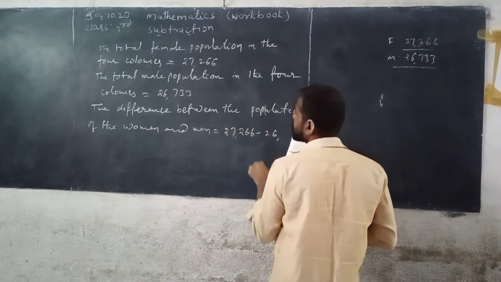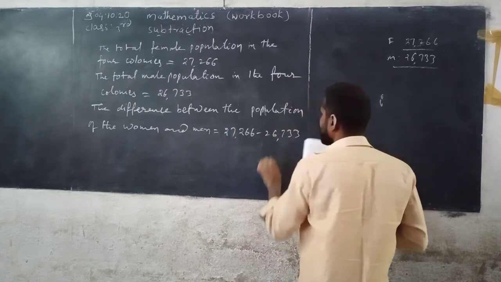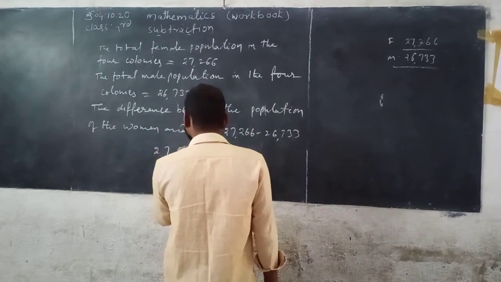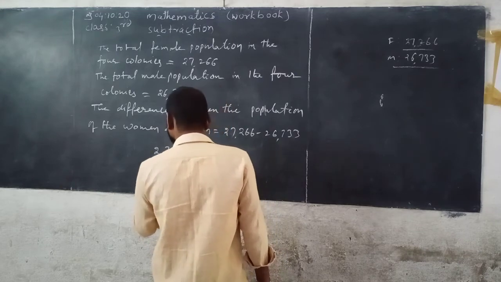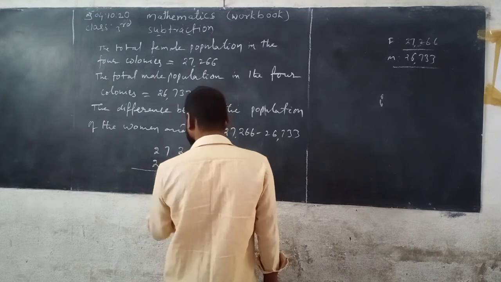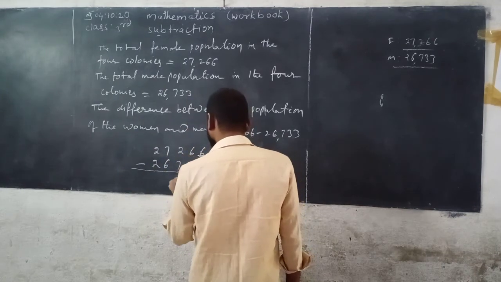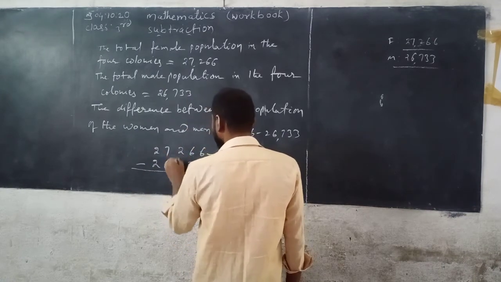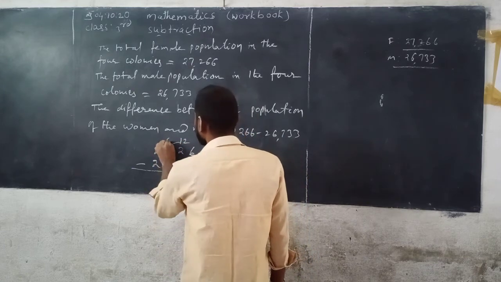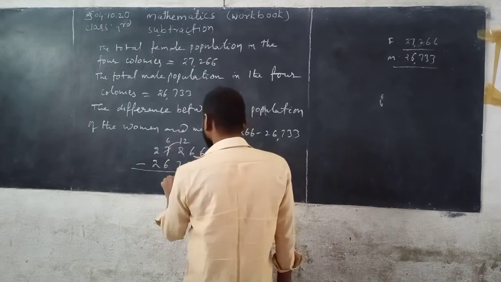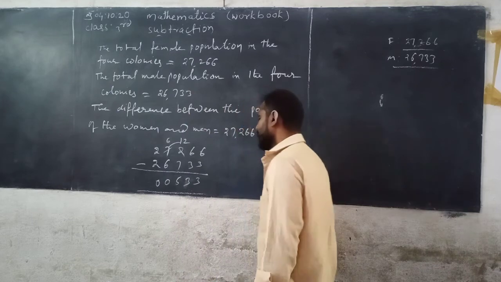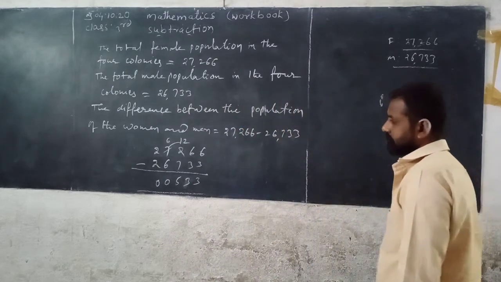27,266 minus 26,733. See here, 27,266, 26,733. 6 minus 3, 3. 6 minus 3, 3. 2 minus 7, not possible, take borrowing from 7, 10 plus 2, 12, and 7 becomes 6. See, 12 minus 7, 5. 6 minus 6, 0. 2 minus 2, 0. So what is the difference? 533. Then you can write